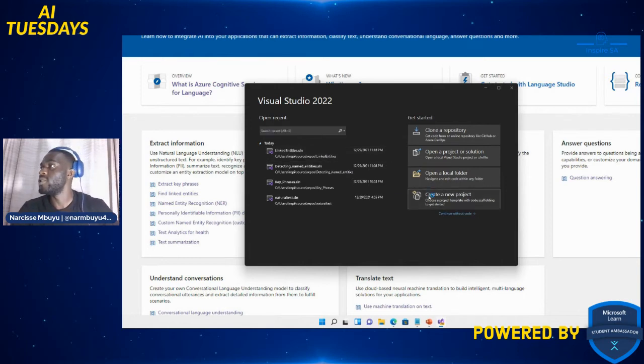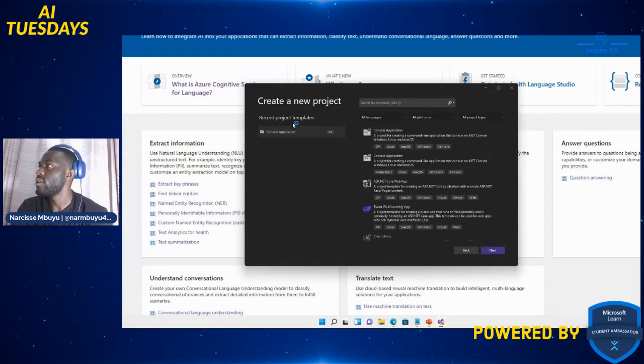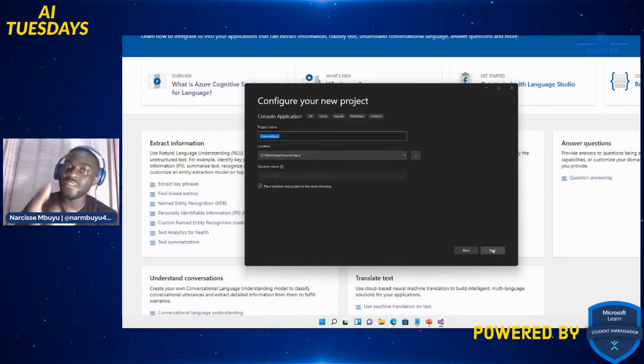Create a new project on Visual Studio, console application. We're doing this on a console application, but the same concept can be applied on a web application and even on a mobile application. Basically, you just call the API, connect to Azure, create your method, and output it in your application.